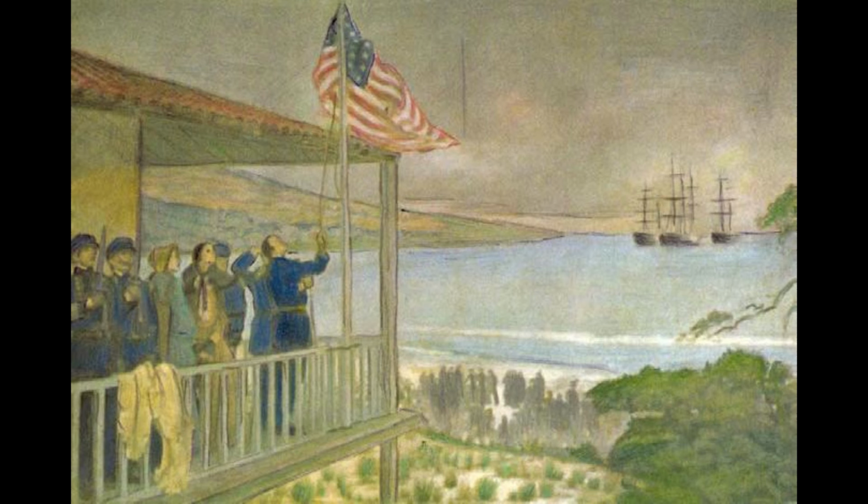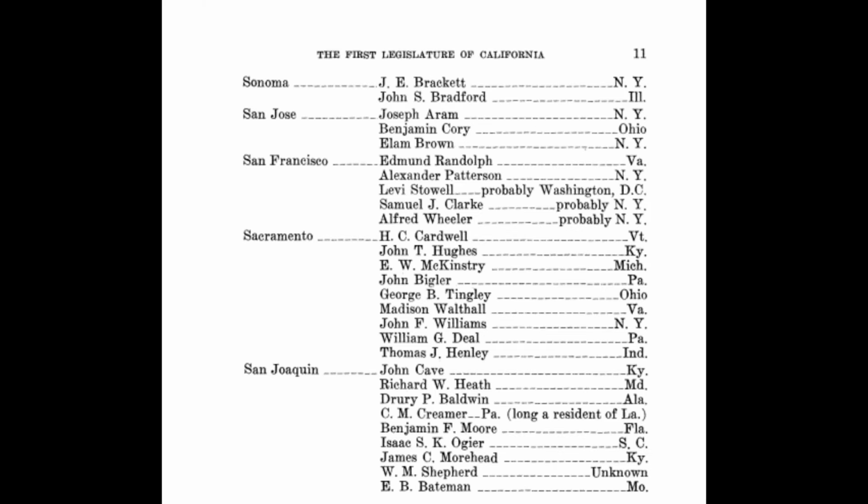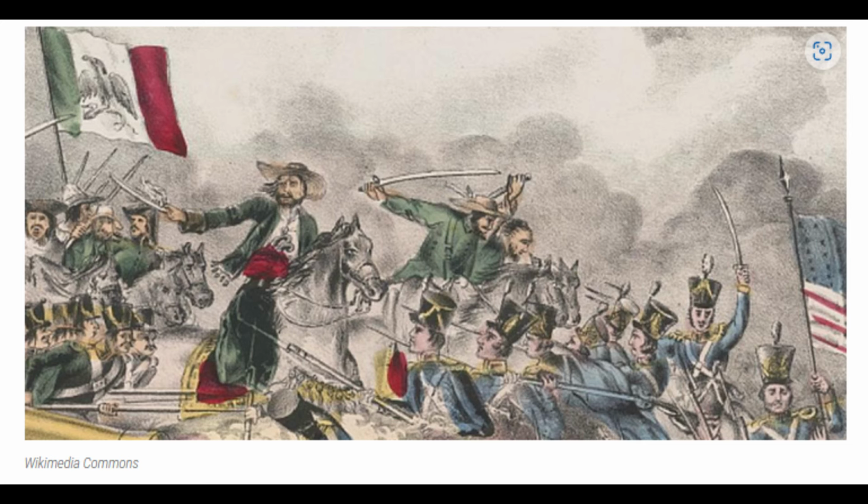Statehood will not come till 1850, but they'll seat a legislature by December of 1849. And we're going to talk about why things are going to happen even quicker, not just because of the military action, but first, we're going to have to get back to the Mexican-American War that is going to drag on a bit more. Now, it's going to happen to where Americans are going to fight their way into Mexico City.